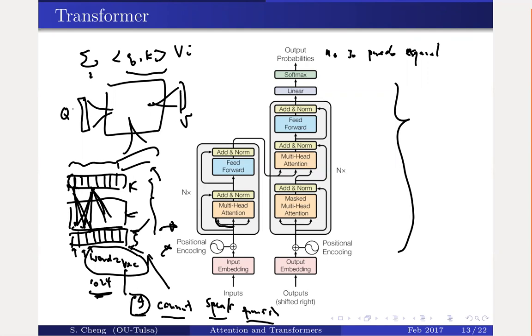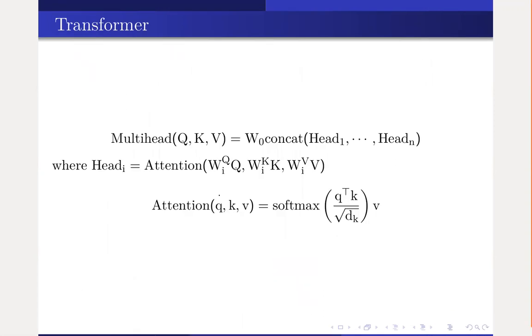The attention will basically have three components: query, key, and values. Last time I said I can simply put that in directly, but actually you should first modulate your input